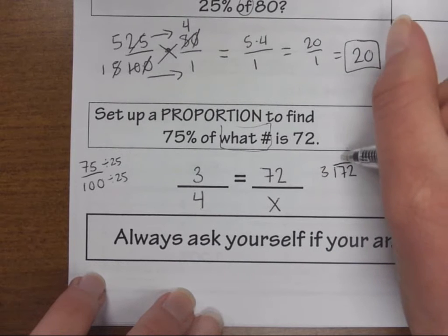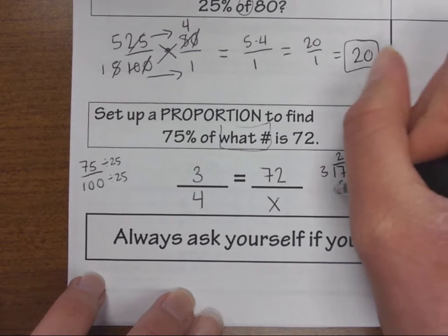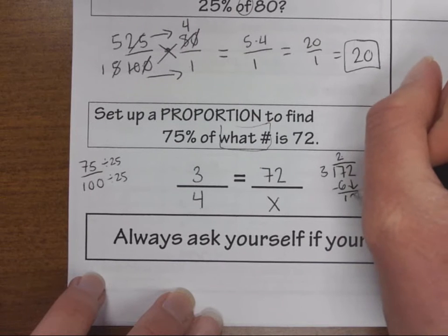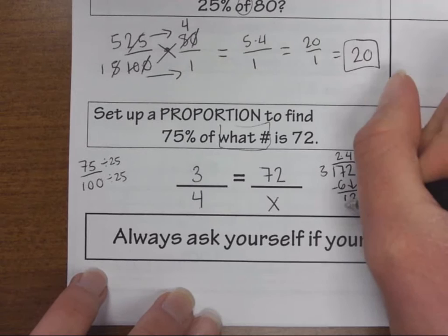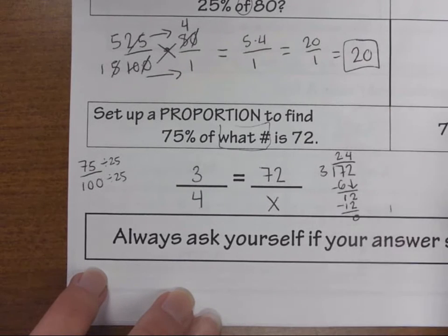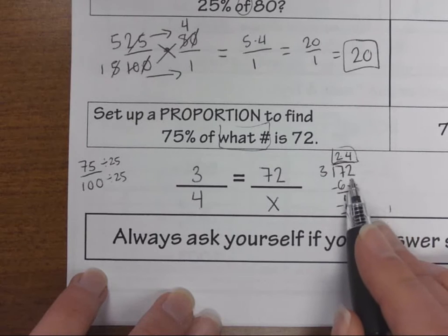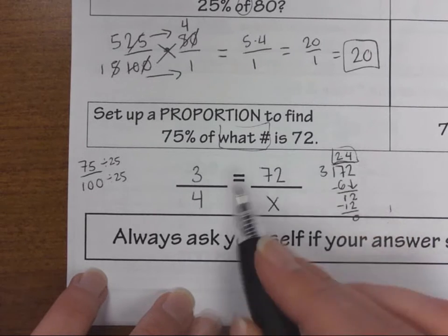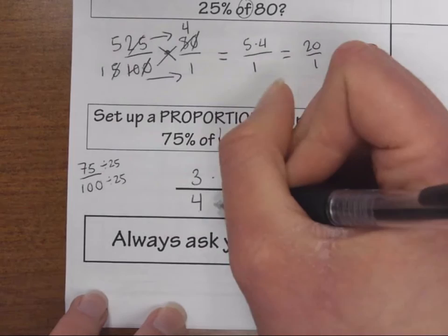So 3 goes into 7 twice. 3 times 2 is 6, and I subtract, I get 1. I bring down that 2. 3 goes into 12 4 times exactly, so I have no remainder. So I know that 3 times 24 is equal to 72. So I times that one by 24. So I'm going to multiply